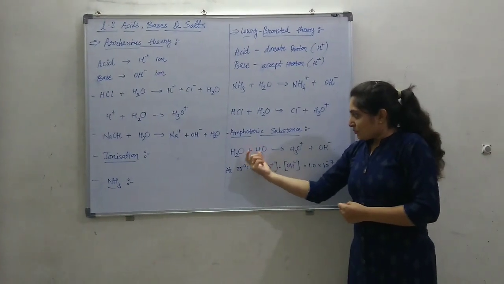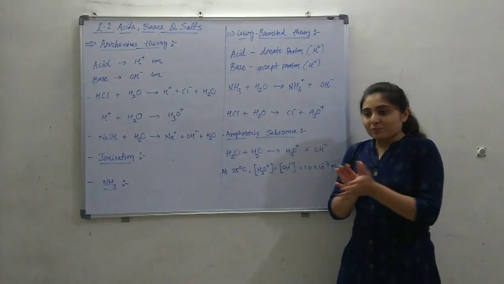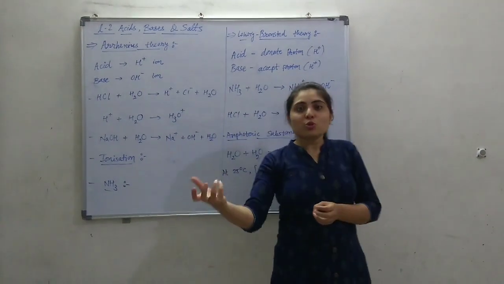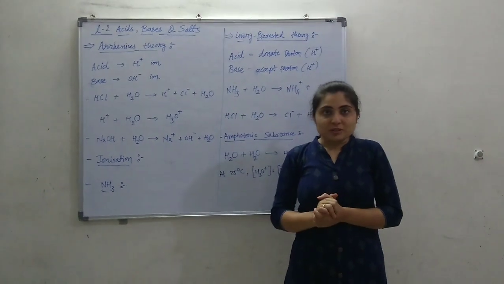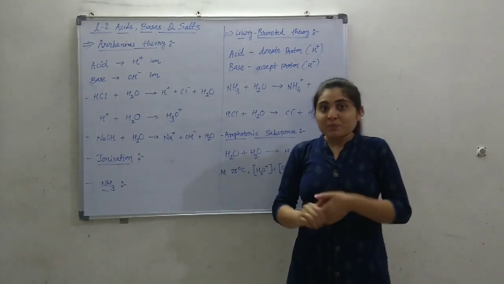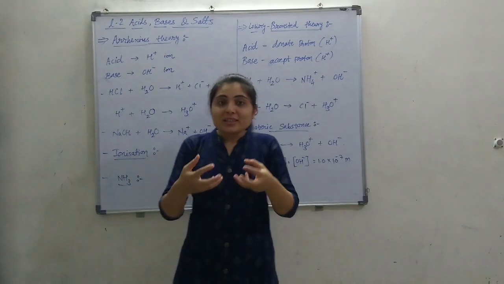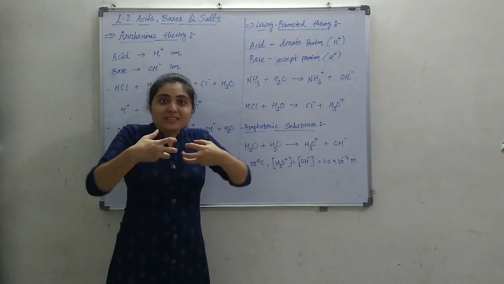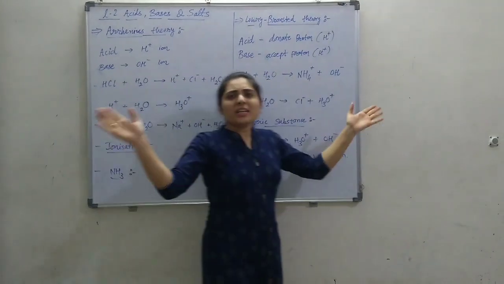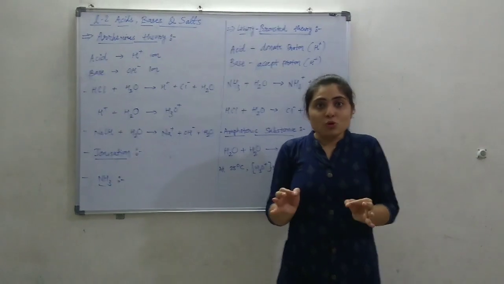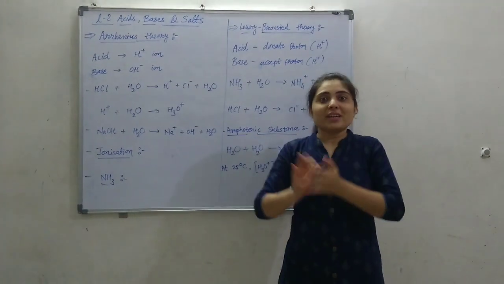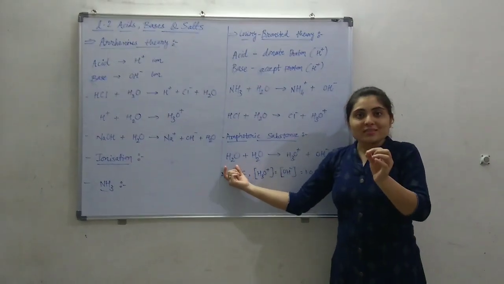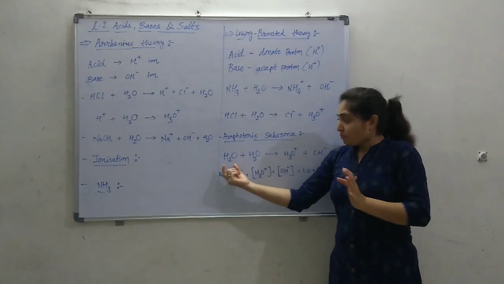Here is the answer. In water, all are H2O molecules. Water has the ability to dissociate, to ionize substances. It separates positive and negative ions. But water is self-ionizing also. What is self-ionizing? It separates its own ions. So out of many H2O molecules, some of the H2O molecules dissociate into positive and negative ions. Remember, H2O is nothing but H plus and OH minus.